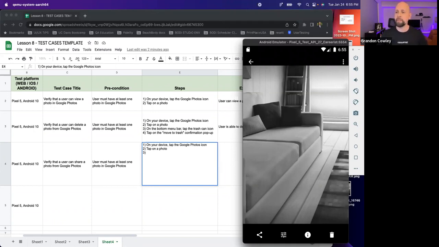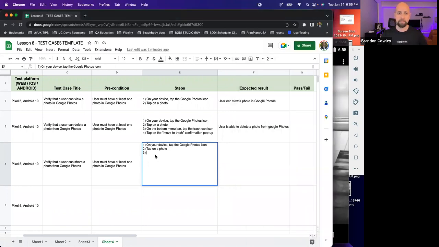I like this group. So tapping on a photo, then from here, right? If I was going to share a photo, most likely we're going to come down here. So I would say on the bottom menu bar, tap the share icon.